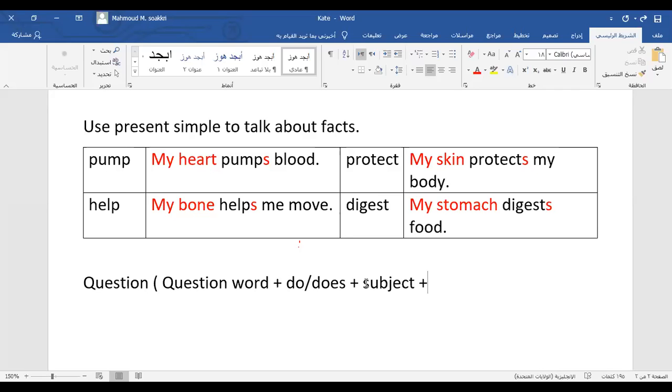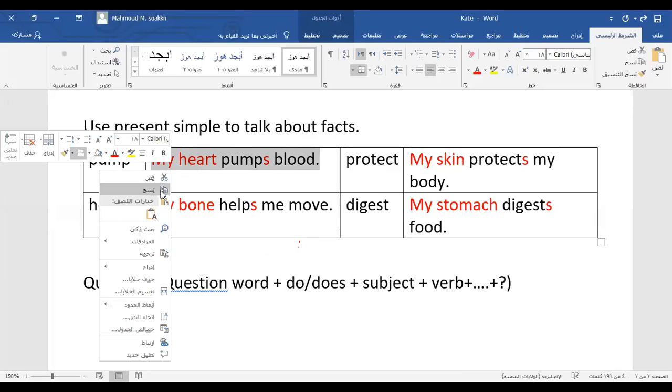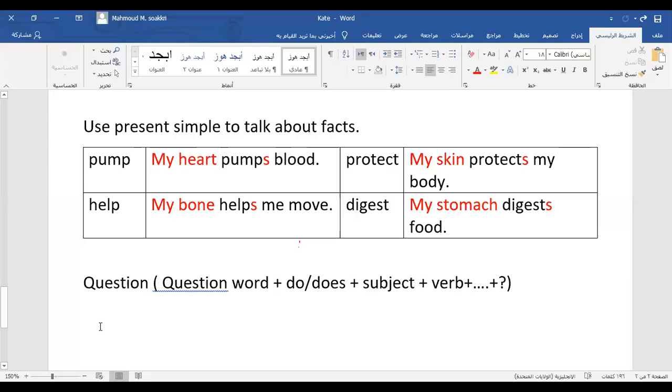So we put the question word, then we choose do or does, then we put the subject, and then we put the verb. Sometimes we need to add other things and sometimes we just add the question mark. Let's take the first sentence and ask a question starting with what. My heart pumps blood. And we want to ask a question with what. Let me ask one of you to make this question for me. Yasin Khalid,